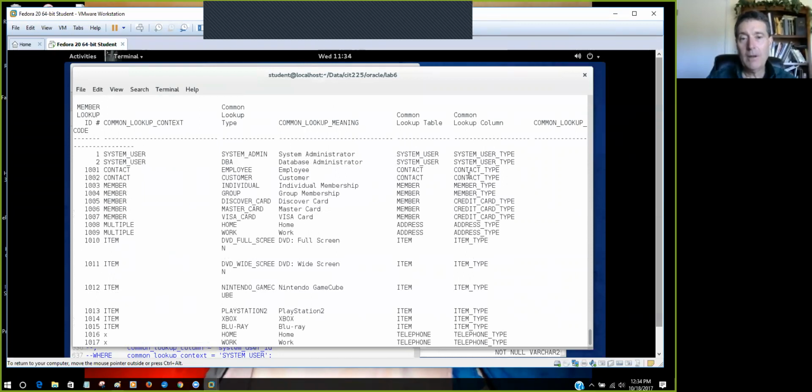Okay, now we have the common lookup, we've got member table, and column is credit card type for Discover card,